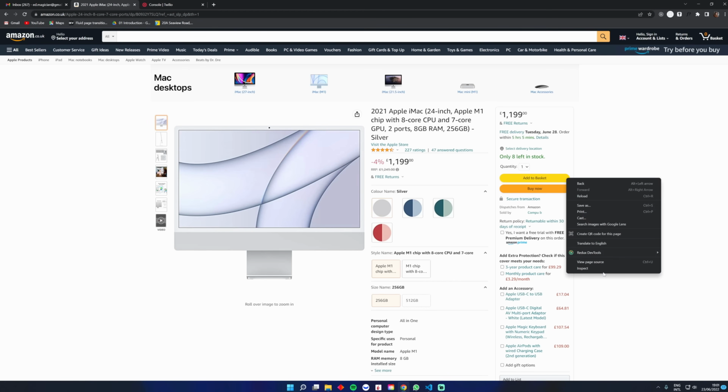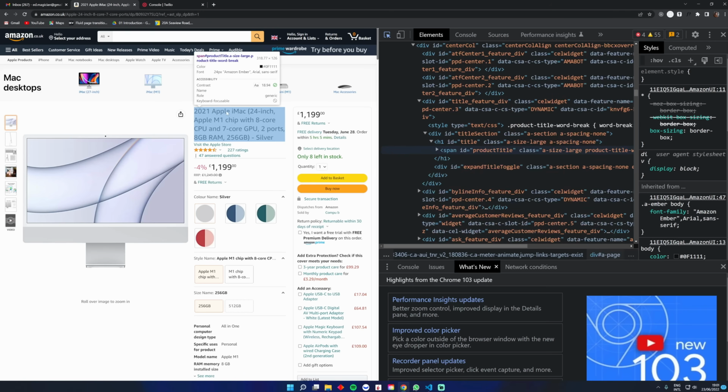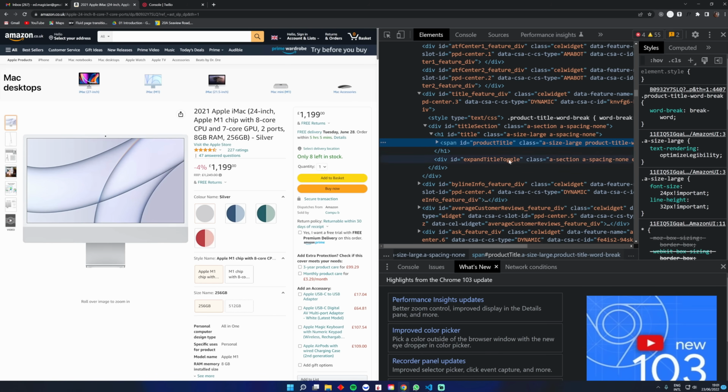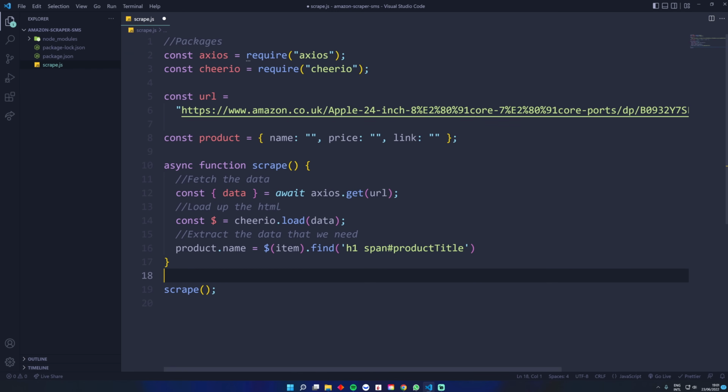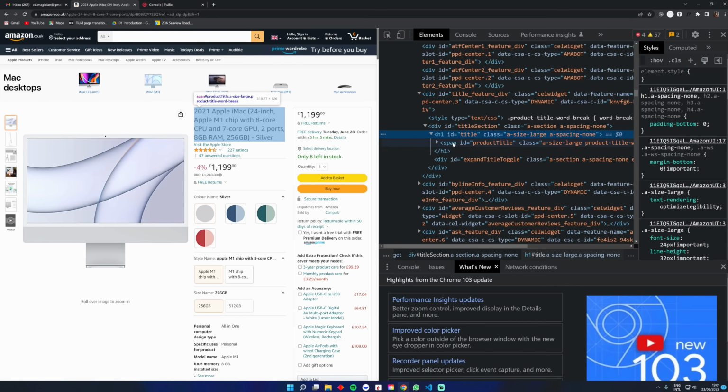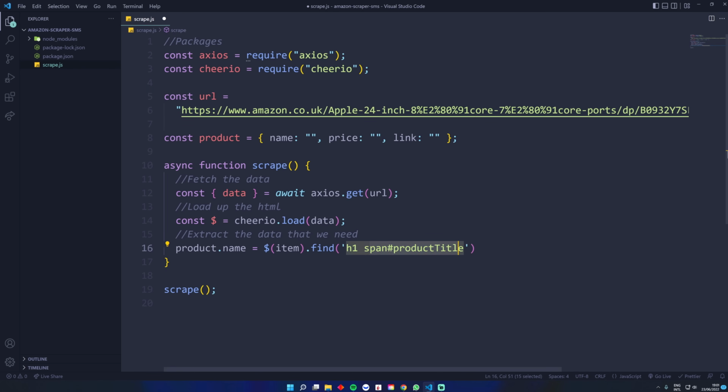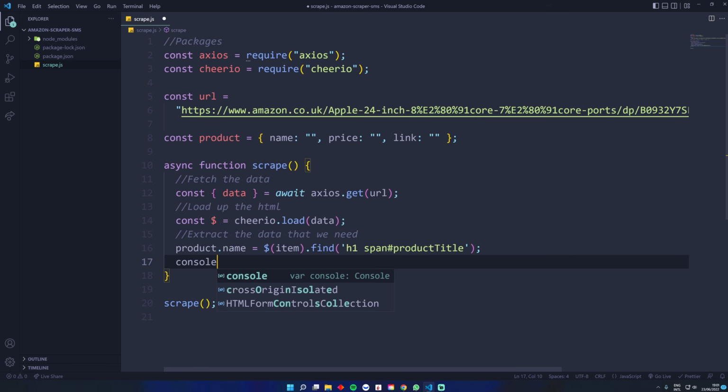Okay, so where is this coming from? Well, if we do inspect element here and you go on this title here, you can see there's an h1 and the ID's product title. All right, so you're basically adding this dot find on it, the element you want to get, in this case h1, right? And in that h1 there's a span called product title. All right, so if I console log this